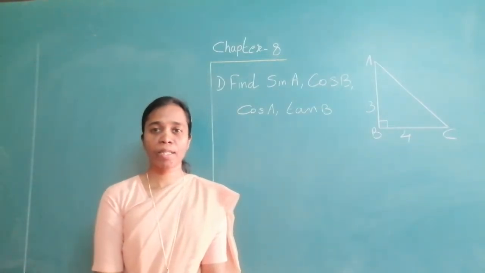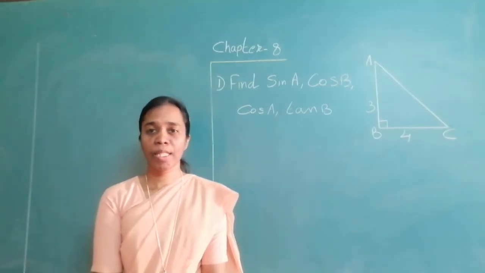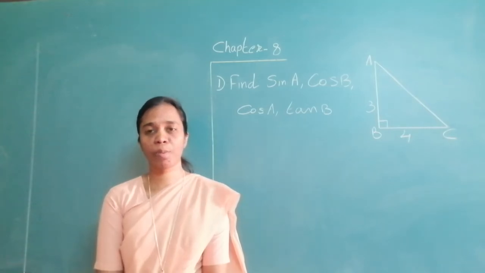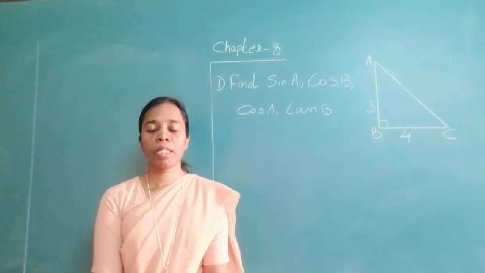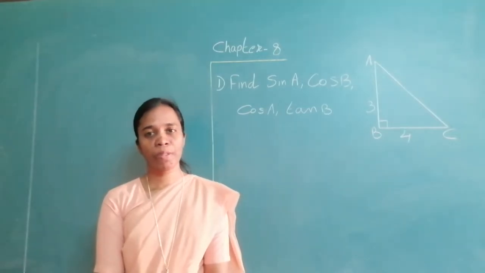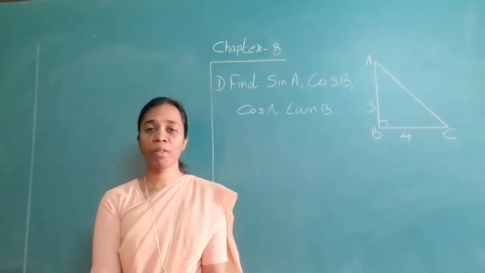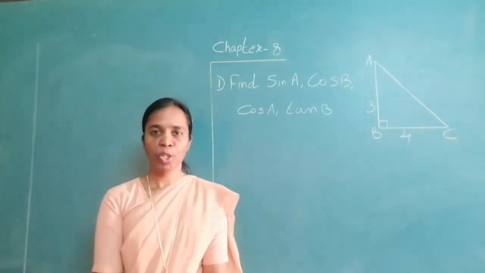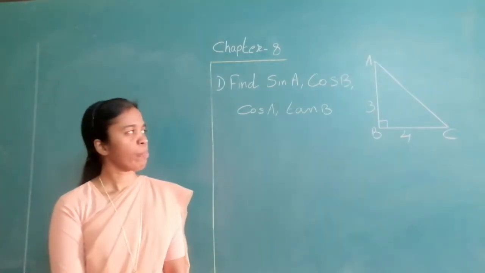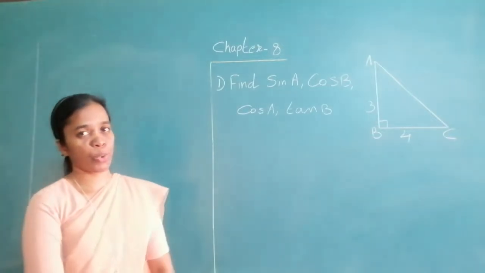In our last class, we saw how to solve questions given the angle, using the table directly, when the angles are 0, 30, 45, 60 and 90. We also saw how and where to use the complementary angle ratios. Today we shall see how to find the angles' ratios, okay.